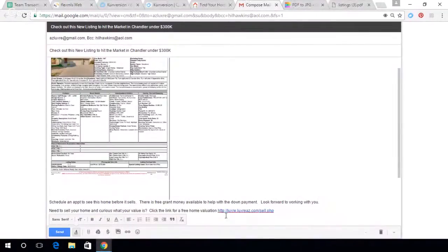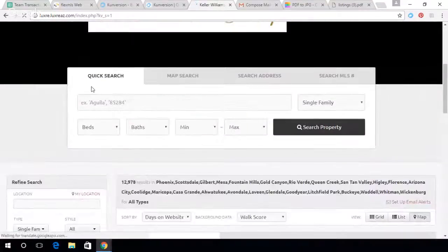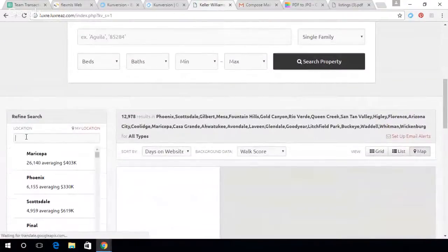Oops, didn't mean to change that. But I just made that a hyperlink. Okay, see how now it's blue? That means if somebody clicks on it, it'll take them directly to your sell page. So you can insert call to actions. Okay, you can also come here and come to your search tab, and you can put something like